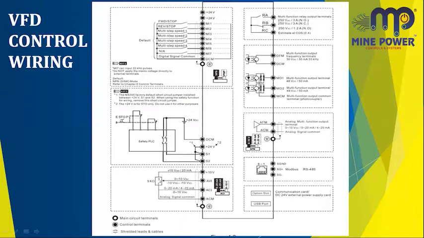Next, in the top right corner you see the multifunction relay output terminal. It is the relay you use to trip on any fault in the VFD drive, a major fault or any circuit fault, and the indication can be shown by a buzzer or a light glowing. You see NC and NO are there. RA is an NO, RB is an NC, and RC is a common.